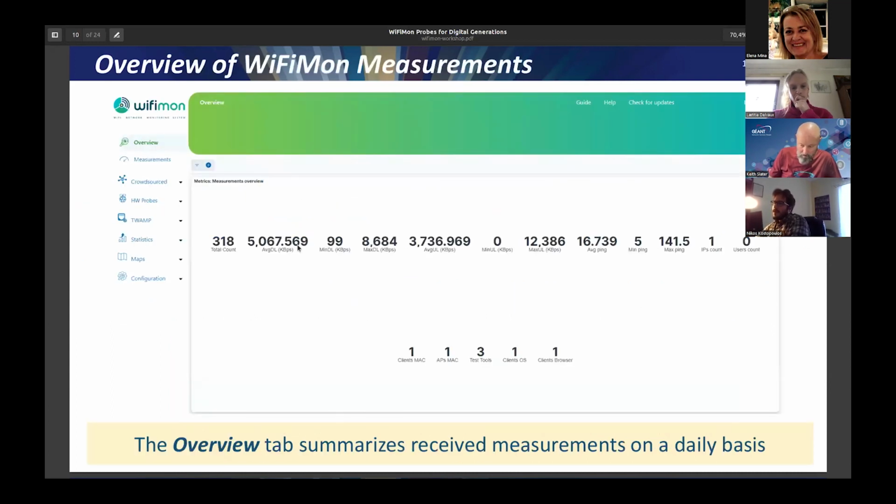These are some images based on this pilot. I would like to also show you the WiFiMon user interface. This is the overview tab, which summarizes received measurements on a daily basis. You can see that it's the total count of measurements, the average value of download throughput, upload throughput, things like that. And here are some